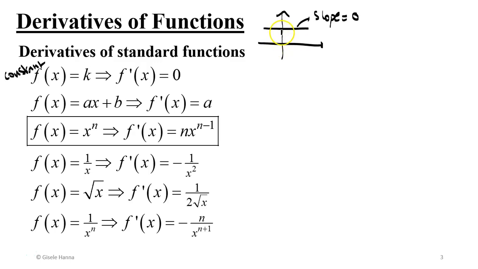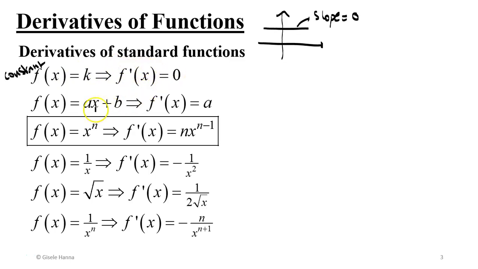So a horizontal line having a slope equal to 0 means that the derivative of this function at any point is in fact equal to 0, because the tangent to a line is the line itself. So the tangent to this horizontal line at any point is that horizontal line itself, which has a slope of 0. So this is why whenever we are finding the derivative of a constant, the constant always has 0 as